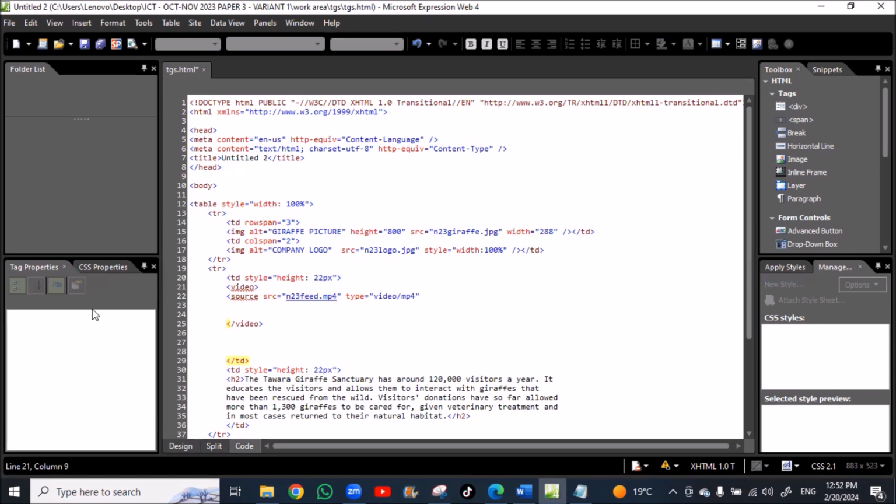So here inside the video tag, we write width equal 480, then space height equal 360, and then we need to put the controls. Okay, fine.